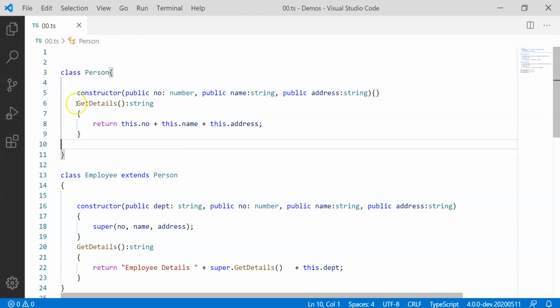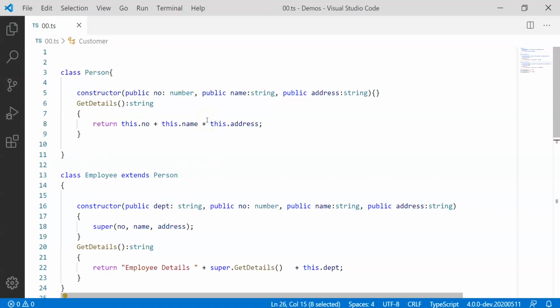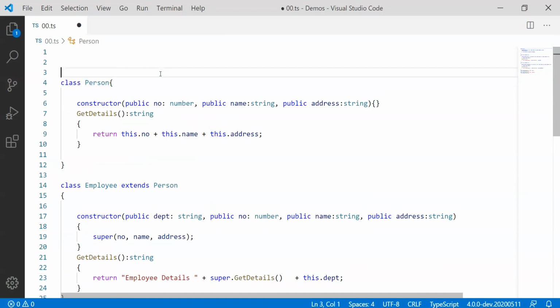In such cases, we can always plan to go for interfaces. In this example itself, you will find the getDetails method that we have, which is common to, let's say, employee and customer. If we take it further, I'm looking for an implementation where the getDetails method for the person should come from some interface, and since it further goes to employee and customer, we can establish an easier relationship here. I'm not interested in using department, number, name, string kind of content. I'm interested in calling only getDetails all the time.